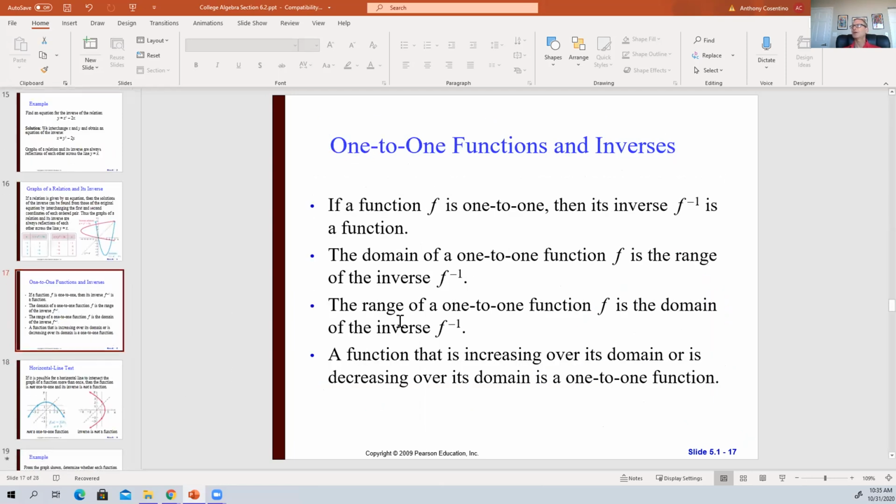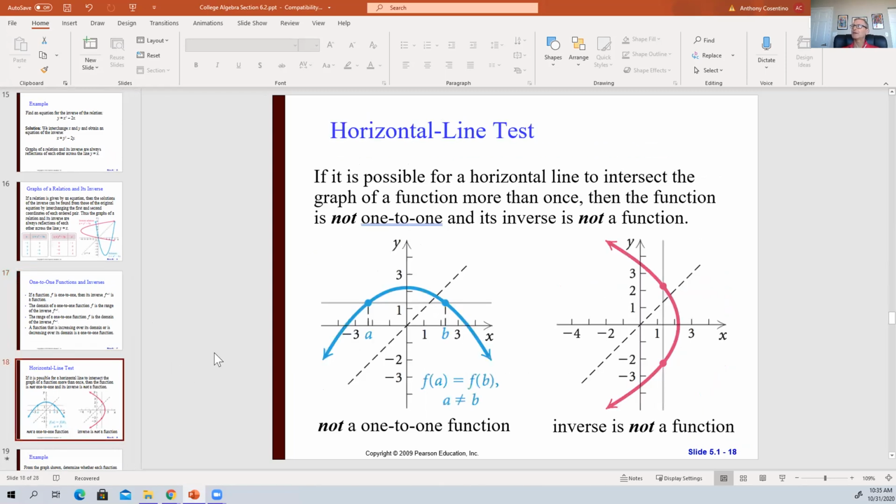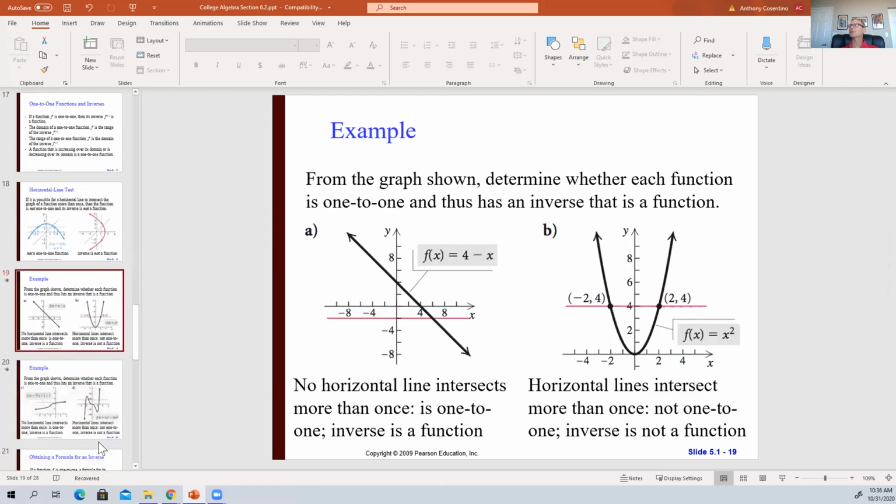And so that's what we mean by this, 1-to-1 functions and inverses. So if the function is 1-to-1, then the inverse will also be 1-to-1. And again, this idea of the horizontal line test will tell you that. That is by far the best way to do it. And then for the function, the vertical line test is by far the best way to do that. So let's walk through